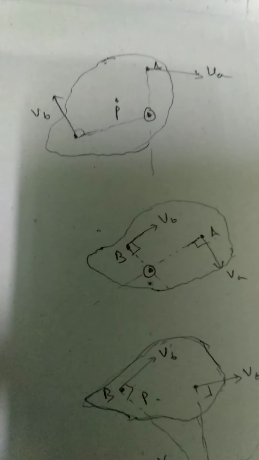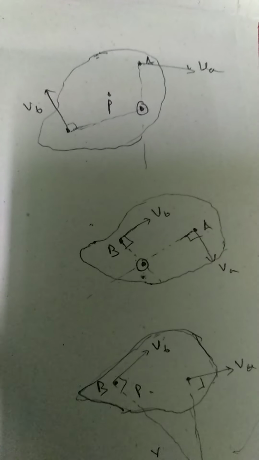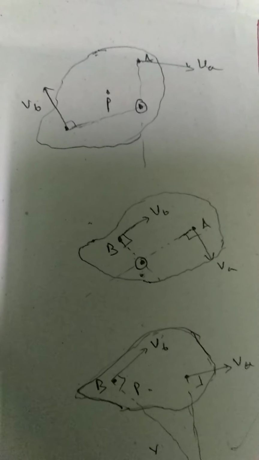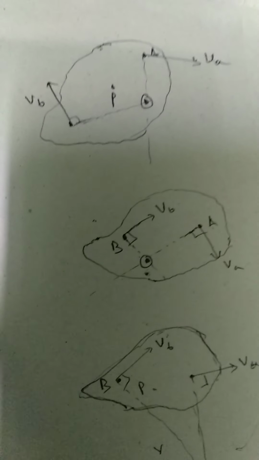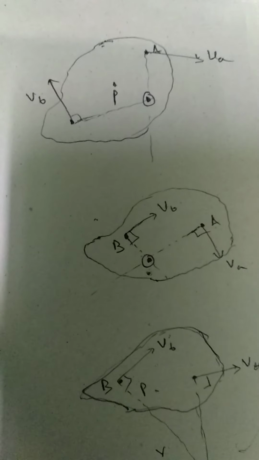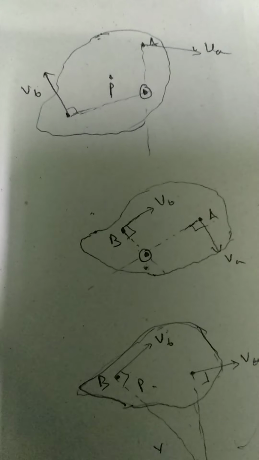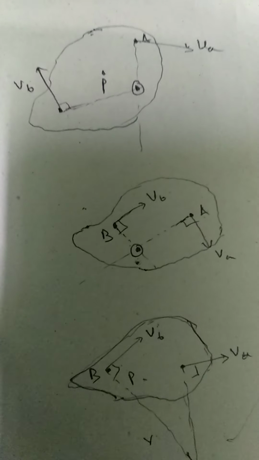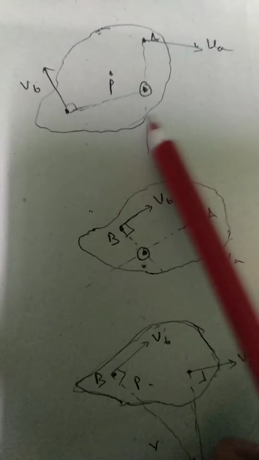Now this instantaneous center method of analyzing the motion is based upon the concept that the displacement of a body having motion in one plane can be considered as pure rotational motion of a rigid link as a whole about some center. This center is known as the instantaneous center or the virtual center. Okay, now we are considering this solid body.